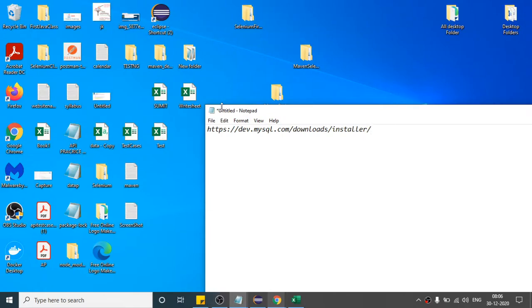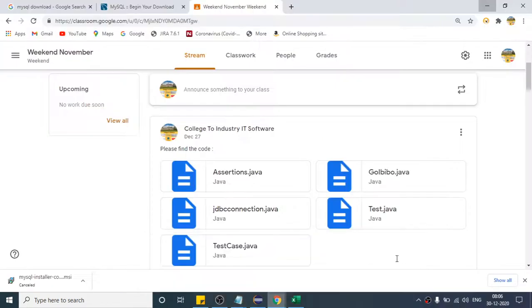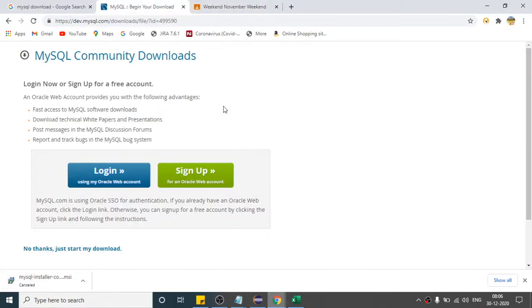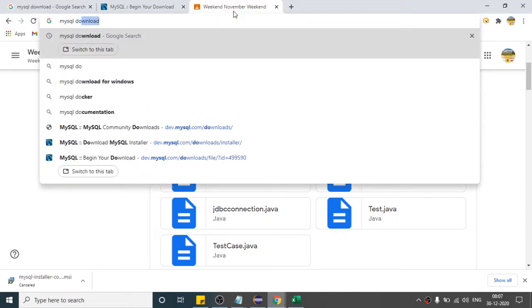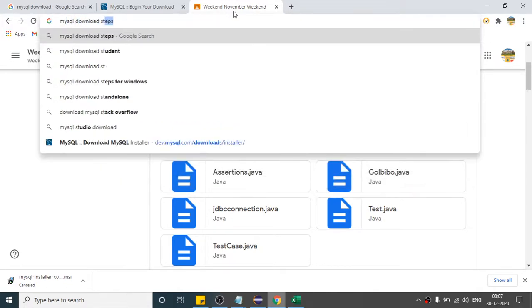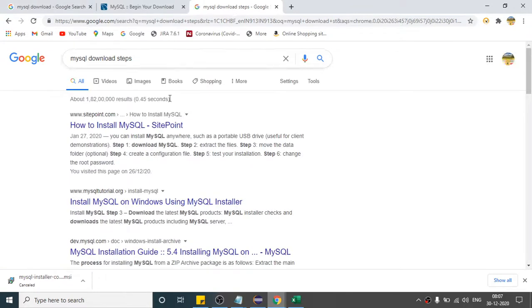I am not finding it as of now, but okay, let us see from Google only how you can install MySQL once this setup downloads. If you type MySQL here, once I find the file, I will share it in the classroom.